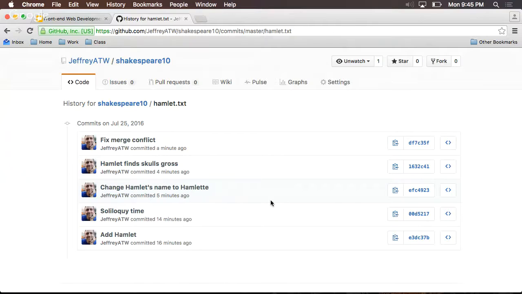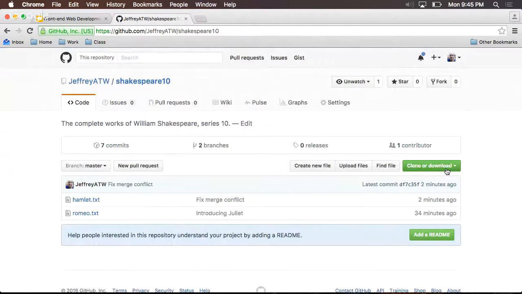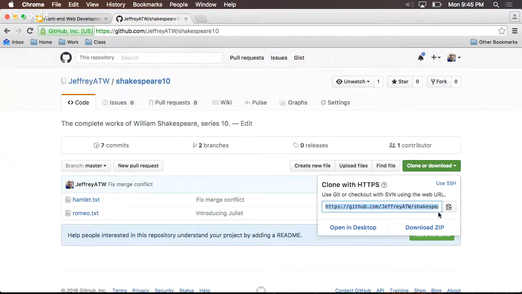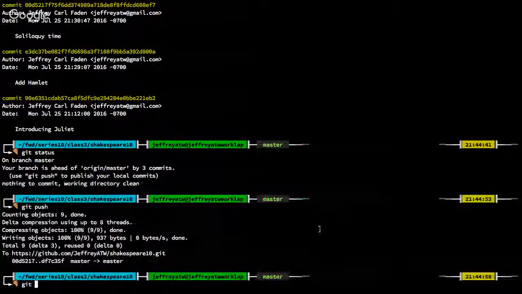It's called forking. Forking is how you contribute to open source libraries. You don't have access to my library, Shakespeare 10. Sorry, you can't go onto it and make changes to it. You can download it. Something I should have mentioned, you can clone repositories from GitHub. You can go here and copy this, and then go into your terminal and type git clone so-and-so. Please do not do this within this folder, because it's going to download a repository into this repository. You don't want that. But git clone is the command that allows you to download a repository from somewhere,